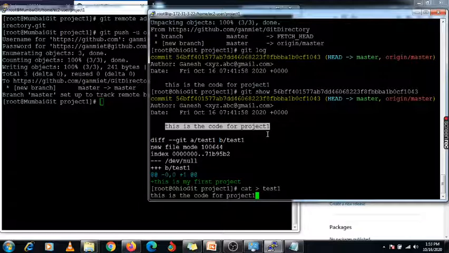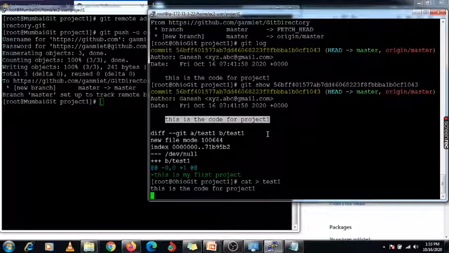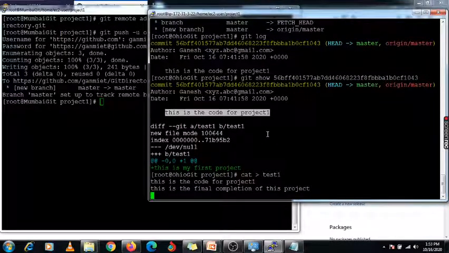Here I am just updating this code. Okay, this is the final completion of this project. Then enter and Control D, you need to save it. Now I have updated that code, so again I need to push it.